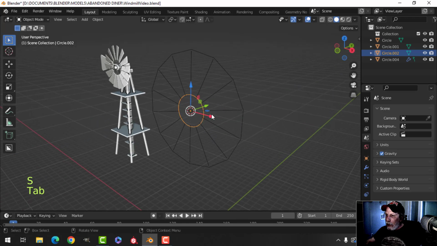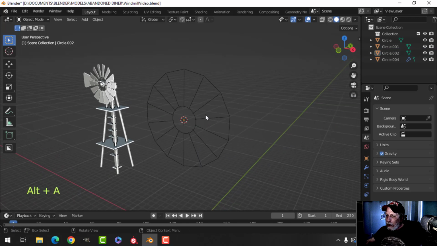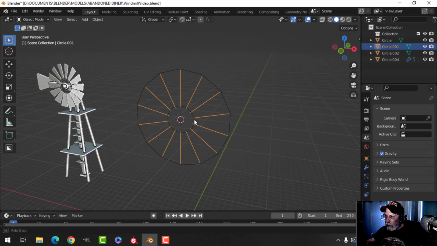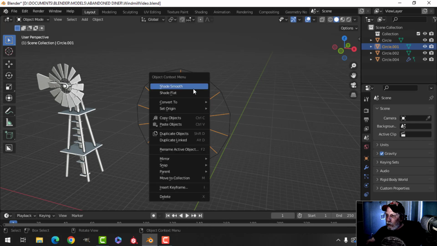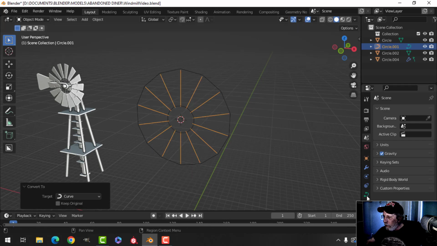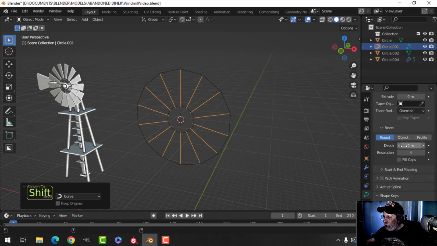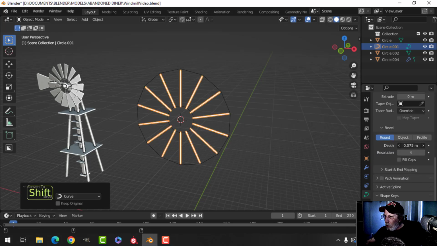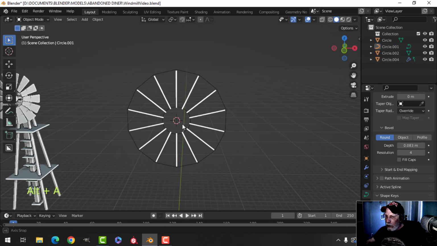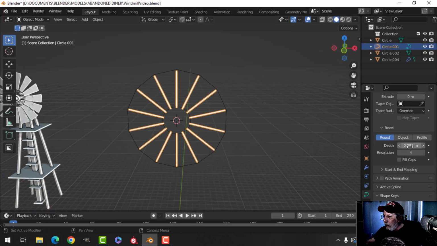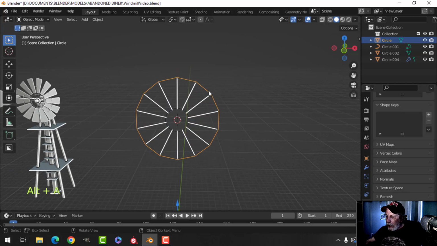So I've got that. And okay, I'm going to take this right here, and I'm going to convert this to a curve, and we will have our spikes. Go to geometry and bevel depth, and just hold Shift as you pull with your mouse to the right. So and then we get some spokes going like that. Let's go 0.07 or something for the moment. And this one,